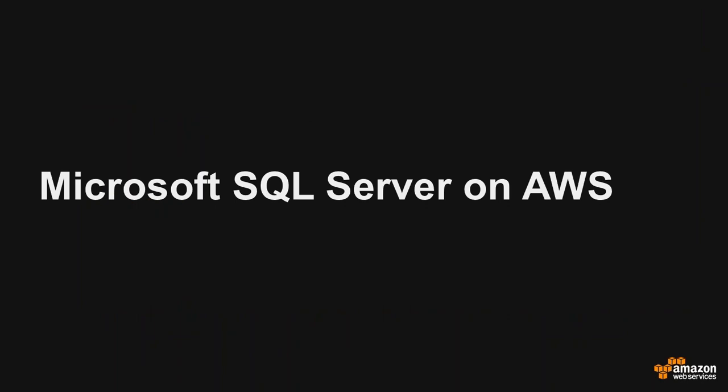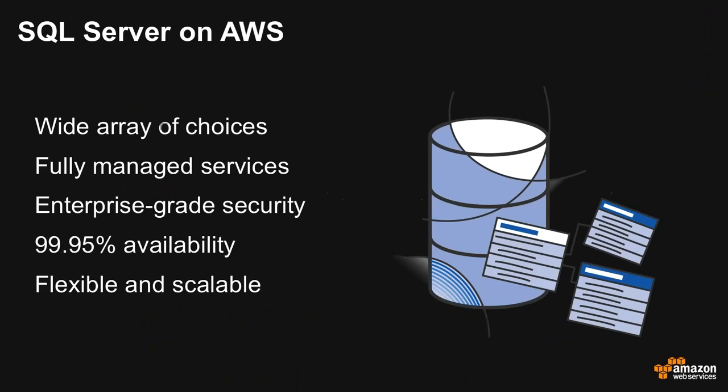Microsoft SQL Server on AWS. We have a wide array of choices of our managed service. These are enterprise-grade deployments that have enterprise-grade security. They're highly available, they're flexible, and they're scalable. And we really provide two options here. You can run SQL Server on a Windows EC2 instance, or you can take advantage of our RDS, our Relational